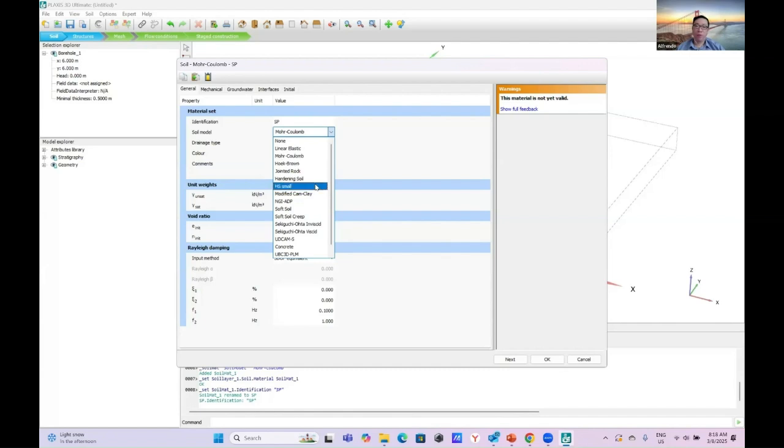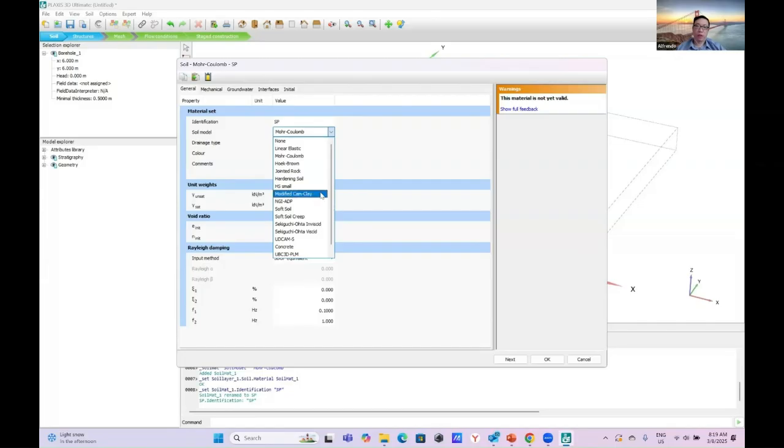But if you have 5 meter until 10 meter of soft clay, for example, in certain areas in Southeast Asia, in a tropical area in America, we want to use a quite different model. In this case, you can use HS small. There are other models that are trending nowadays, hardening soil and modified Cam clay.